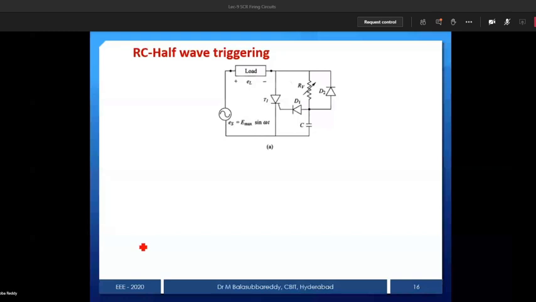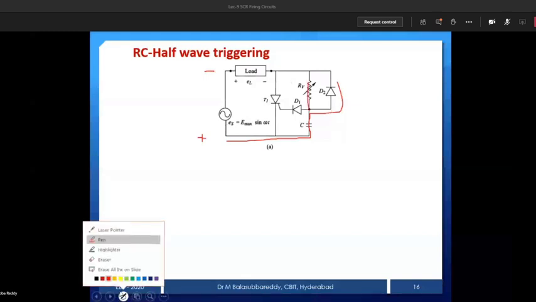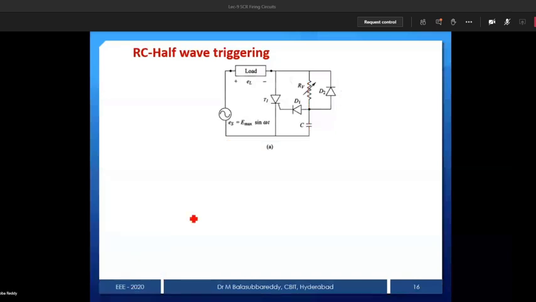Negative half cycle I am telling. So this is minus, this is plus. Now current is passing through the capacitor, not through the resistor, it goes to the diode. Why is it not passing through the resistor? That is my question. Current passes through low resistance path. Then how can you say that RV is high resistance? You may have placed a lower value also, no? Because it is a variable, no?